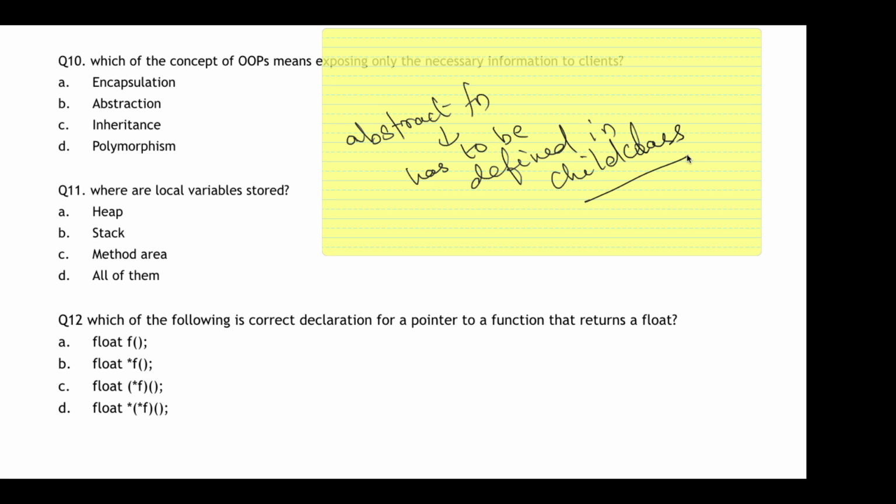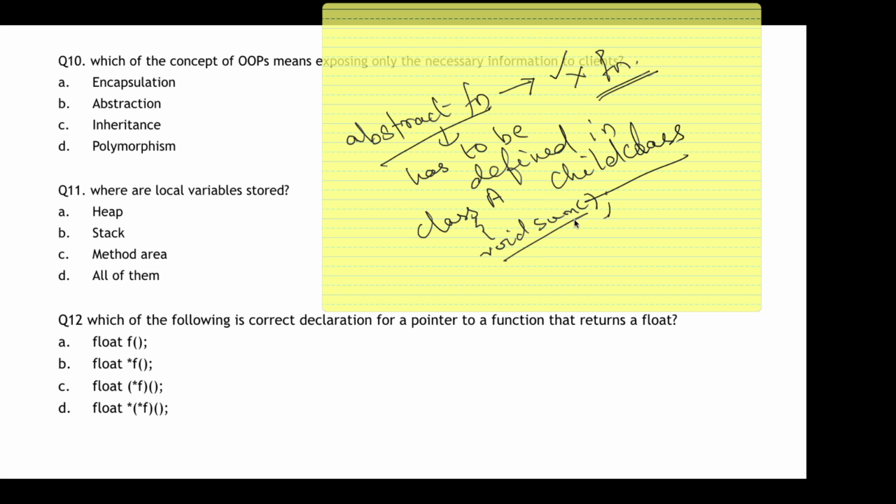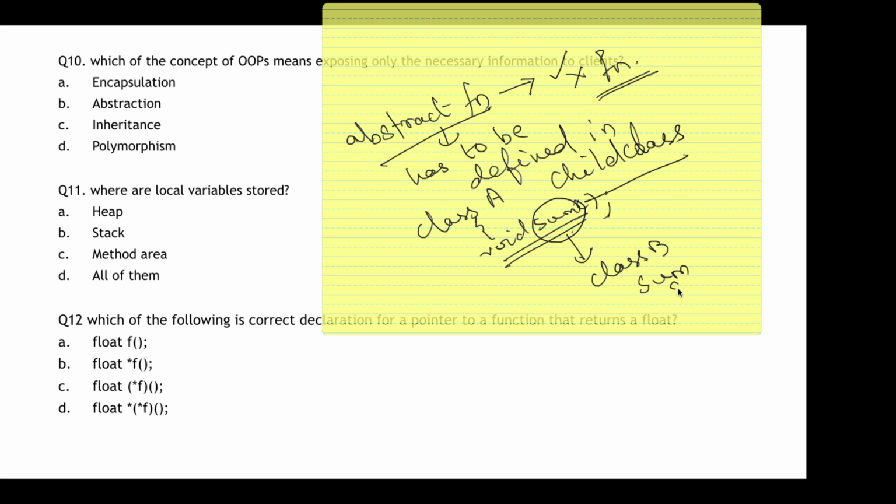Okay. So always remember what abstraction does. Abstraction will just show you what you need. It will not show you the functionality. Just like in class A, we have declared void sum. So someone using class A can only see void sum. He'll not know how this void sum works, okay? But this void sum will be executed. Why? Because this class is inherited in class B, where I have defined this sum function, okay? So here your answer is abstraction.